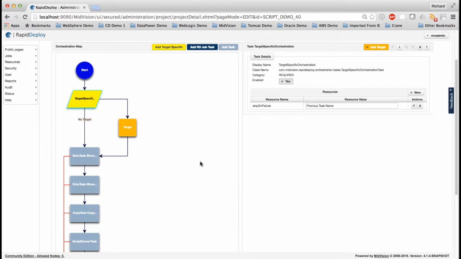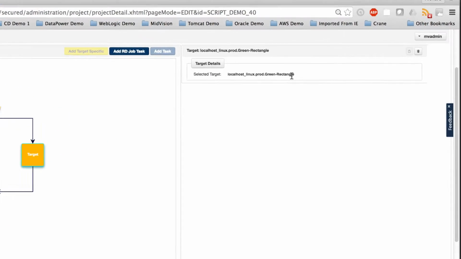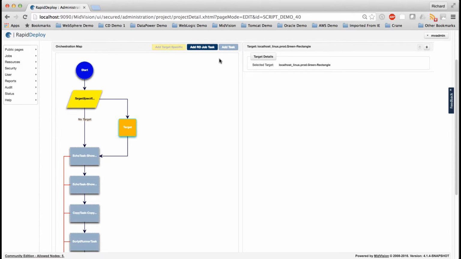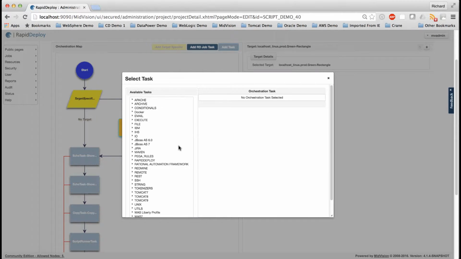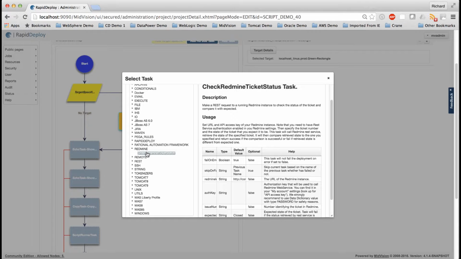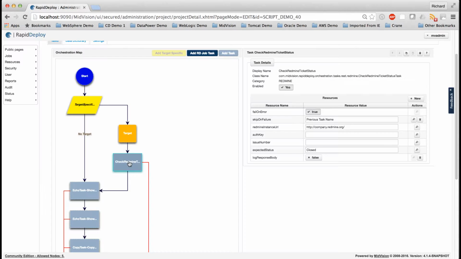And you can see that that's now added a branch and added this target here. If we highlight that, we can see that that's localhost Linux production green triangle. Now what I want to do next is add a task that only runs on that target. So with that target highlighted, I click the add task button. And I'm going to go down to Redmine and click on the check Redmine ticket status, and I'm going to add that task. I'm going to go and modify that,